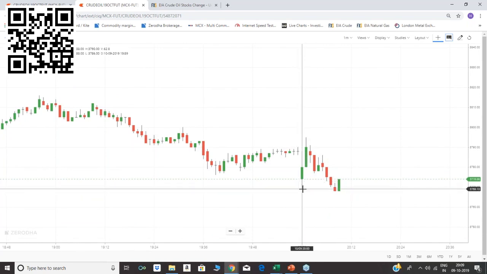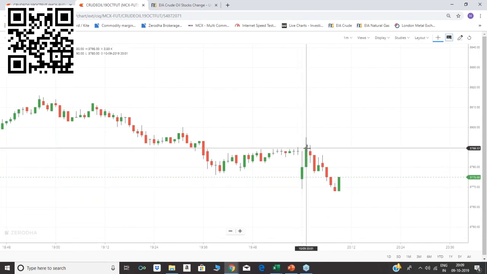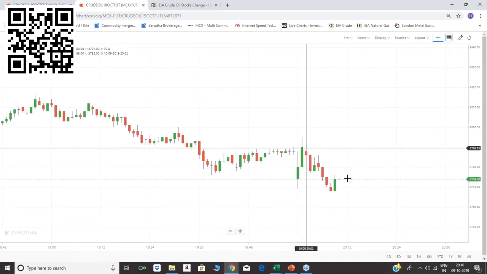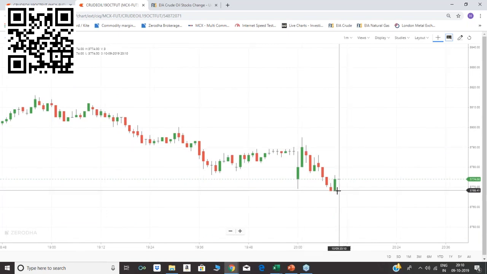Again you can keep a buy entry and this would be your target. It is just playing with minutes. Once you know all these things, it's like playing a video game, but you need to be very cautious, very quick, and never ever stand long in the opposite direction, because we never know what will happen in inventory data. See, again it is starting reversing from the 69 same support zone.